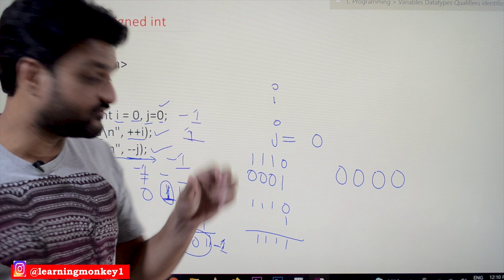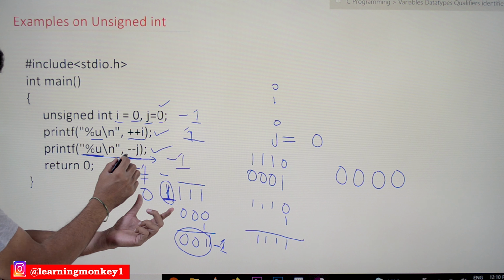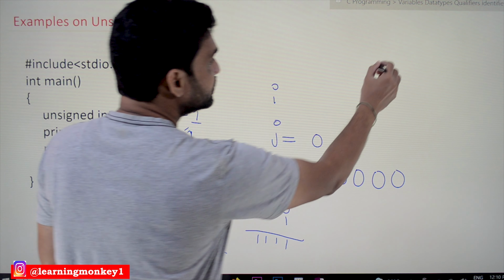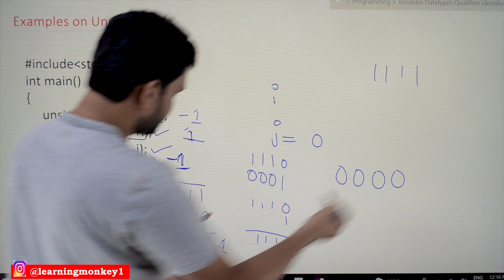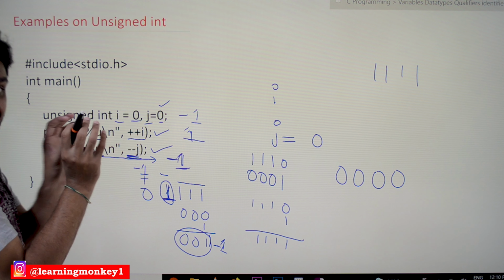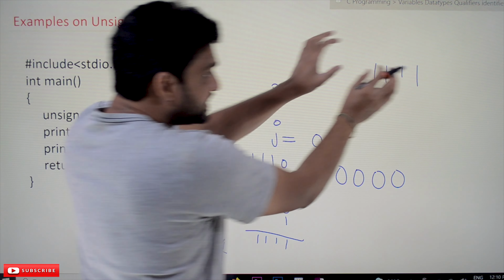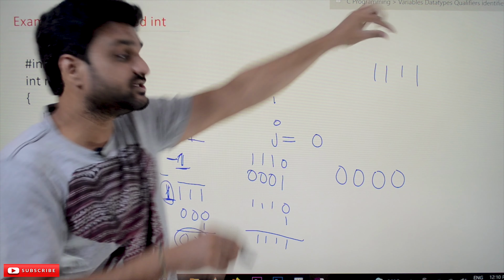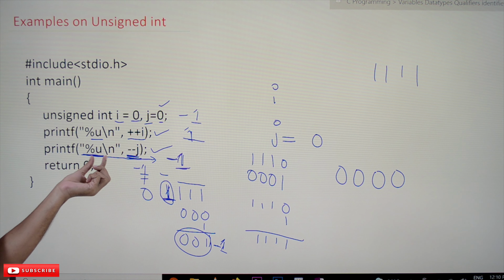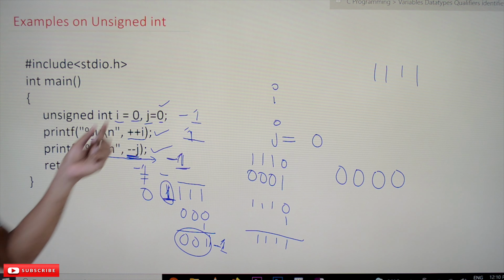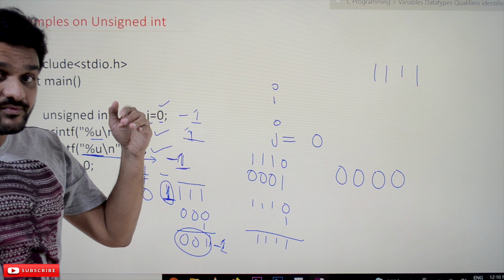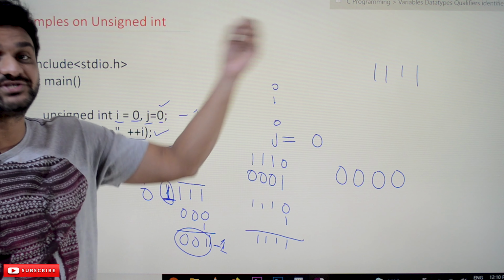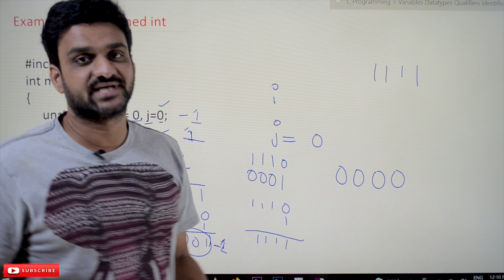So the output here of minus j means it is -1. -1 is represented as 1 1 1 1. So we have seen the case of signed number representation. What is the case of unsigned numbers? How are these bits considered in the case of unsigned representation? Because we are trying to print that as an unsigned number. How are those 4 bits considered in case of unsigned?